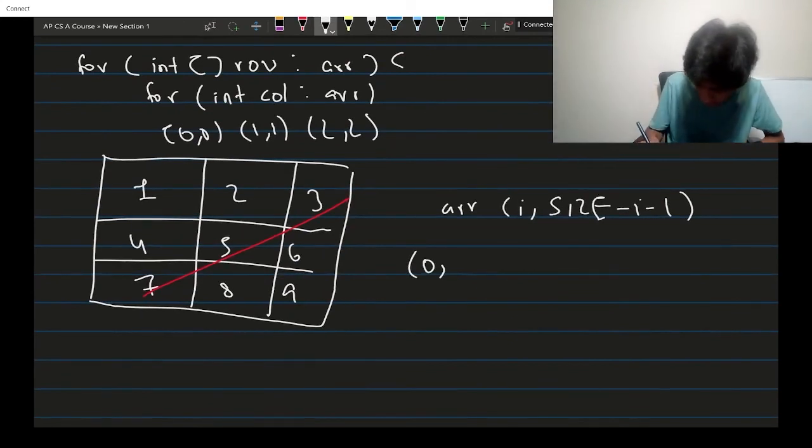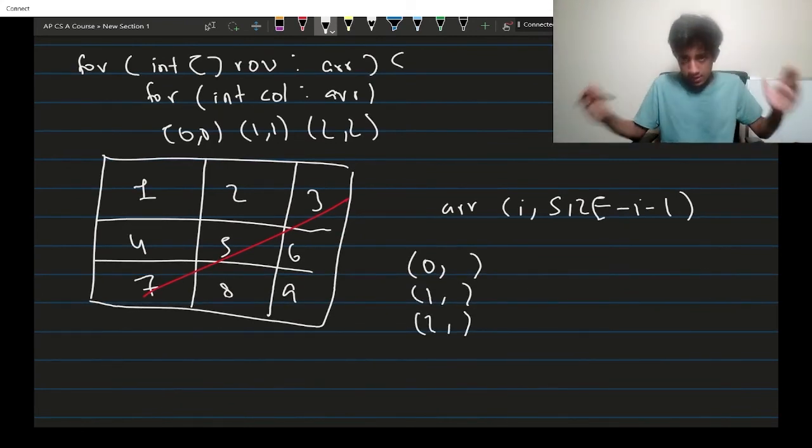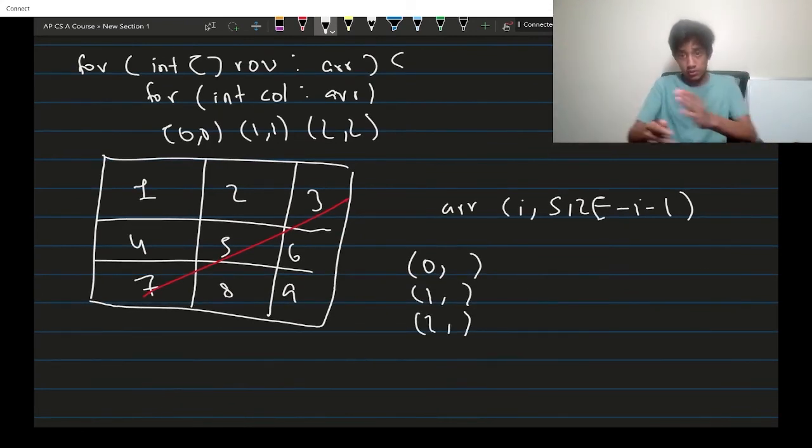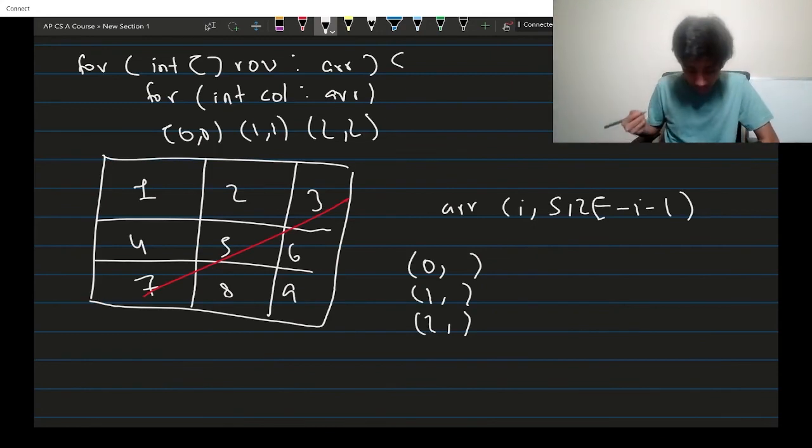This will be 0 comma something. This will be 1 comma something. This will be 2 comma something. So it's going to be some value that's within the array. But now, if the size of the array is 2, this one will be 2 minus 1 minus 0. Okay, so